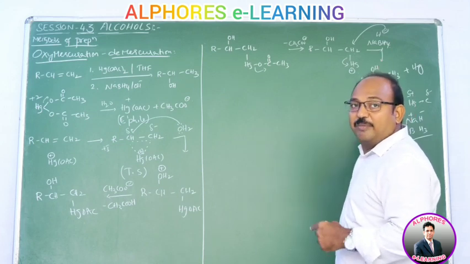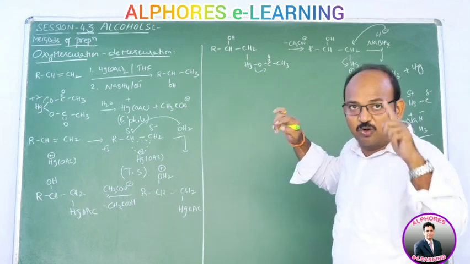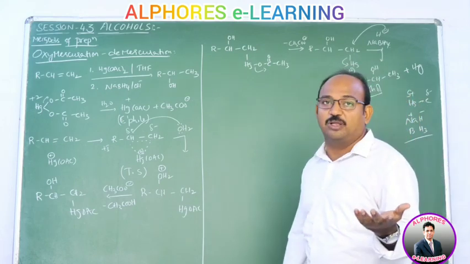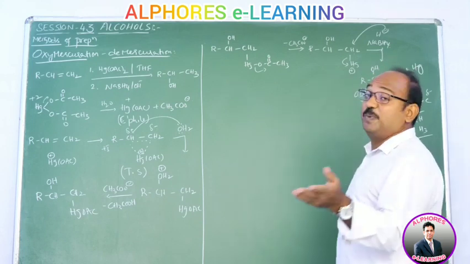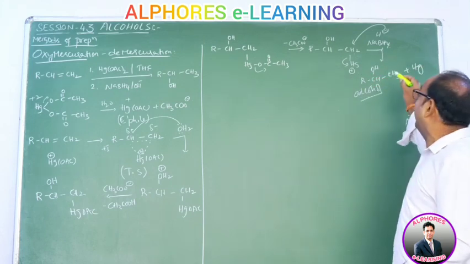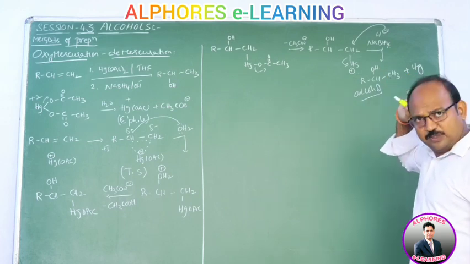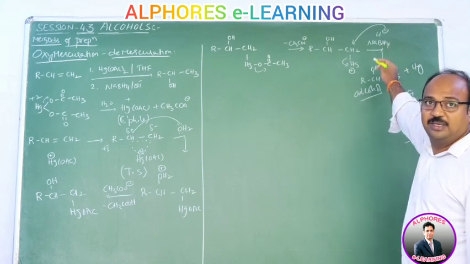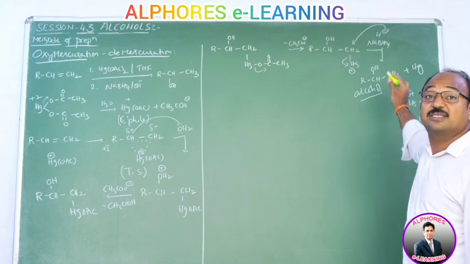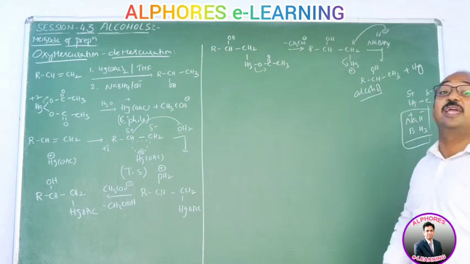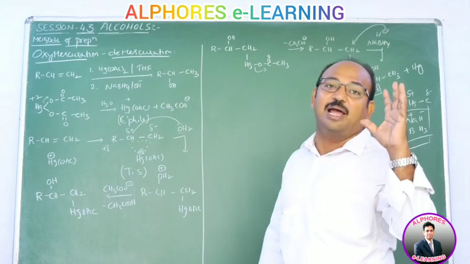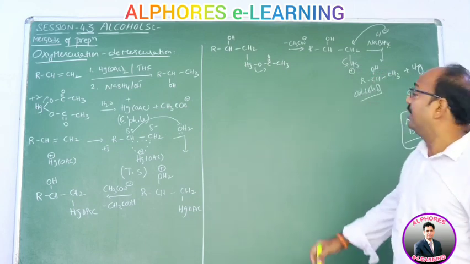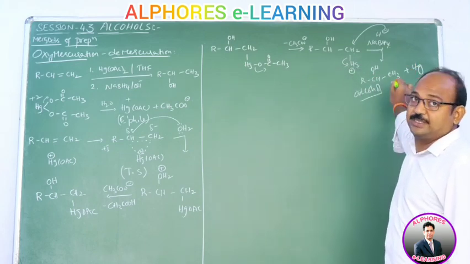And while forming this, my question is: is it a Markovnikov product or not? Yes, Markovnikov product. How? Because H plus has to come and attach to the carbon which contains more hydrogens. Is it so? Did H plus come and attack here? Check out the mechanism: which one comes? H minus, but not H plus. That H minus came from NaH and BH3. So here the complex metal hydride furnishes H minus. That H minus comes and attacks this carbon, not H plus, right or not?